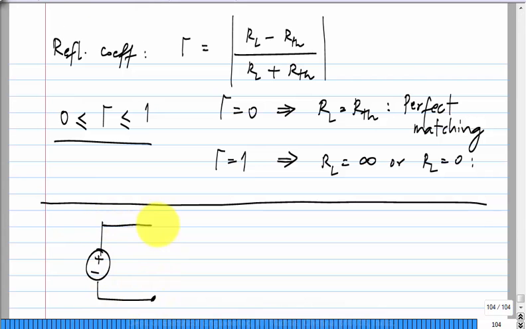If you have an ideal voltage source, how do you extract the maximum power from this? What should you connect to extract the maximum power? Zero resistance, right? I mean, what is the internal resistance here? It is 0. Of course, you should connect a short circuit to it to absorb maximum power. But what is the available power of this source? Infinite. Okay.